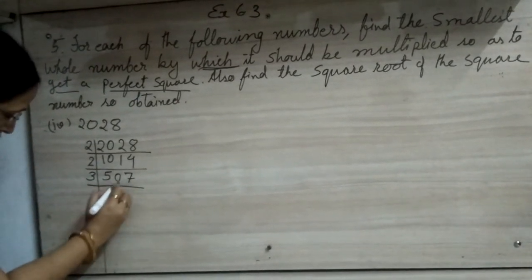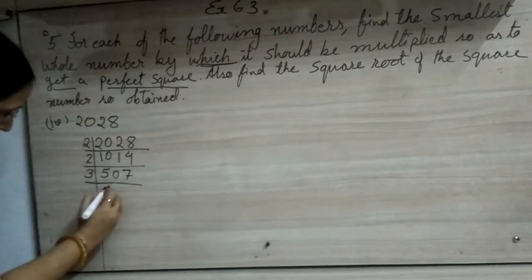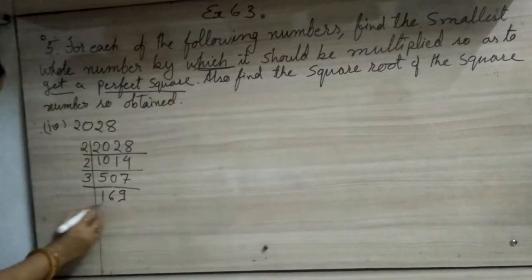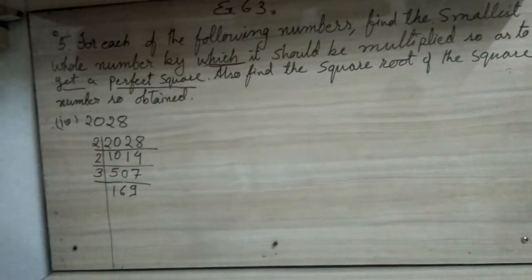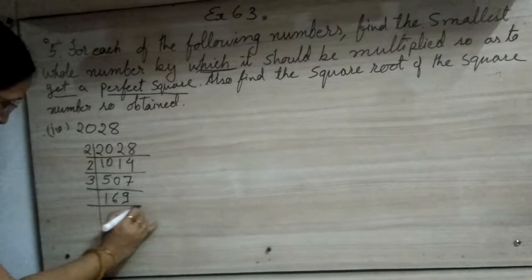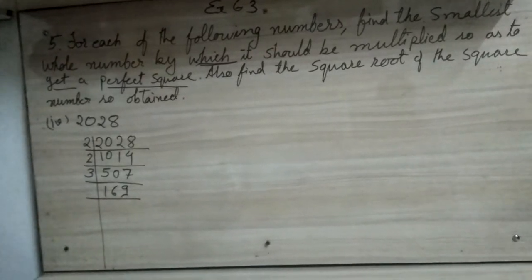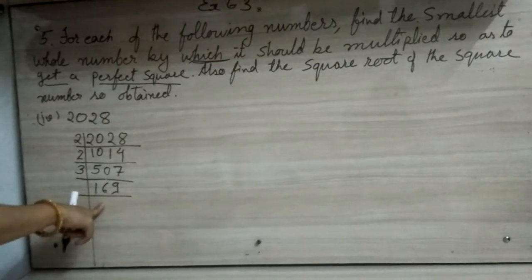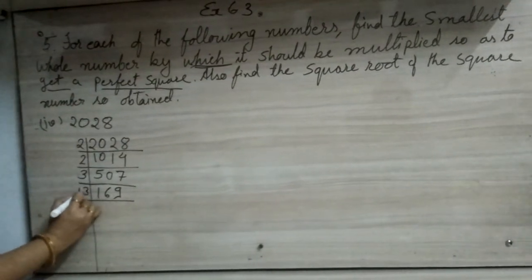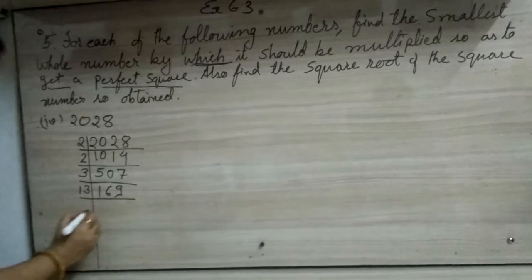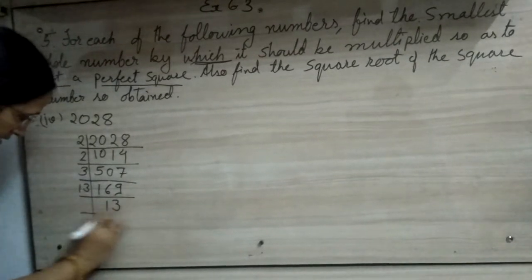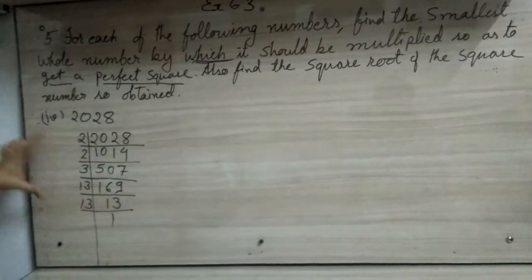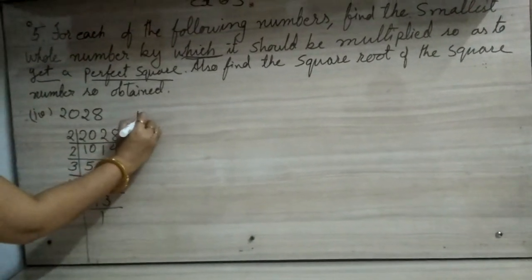3 1s are 2 will go there, and 3 6s are and 2 will come here 9. Okay, then again it will go by 169. अगर आपको याद है स्क्वायर्स then it will be more easy, क्योंकि ये प्राइम नंबर का स्क्वायर है. It is a square of 13. Okay, so here it will come 13 and 13. 169 is the square of 13. ये हमारा आ गया. Now we will write it like this.